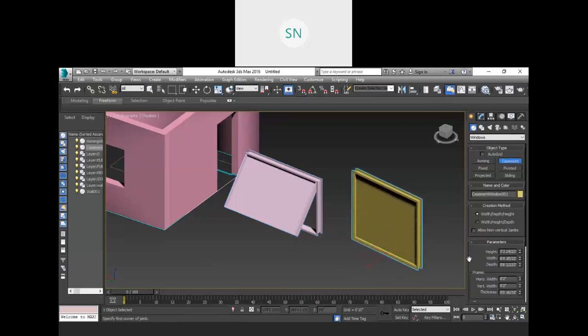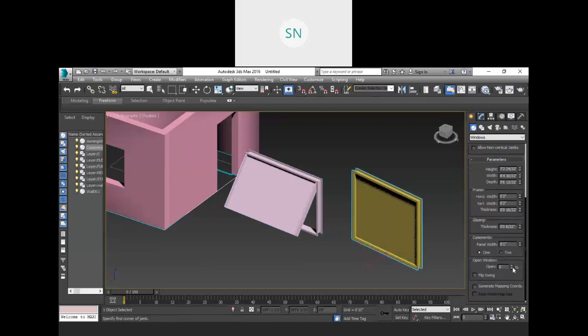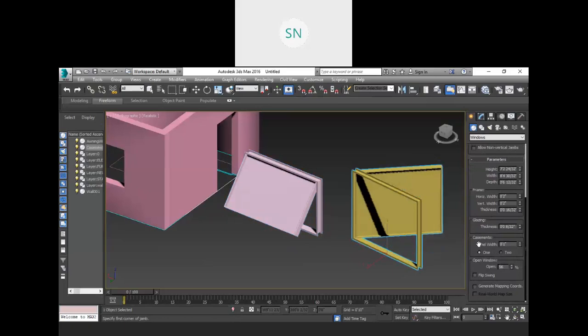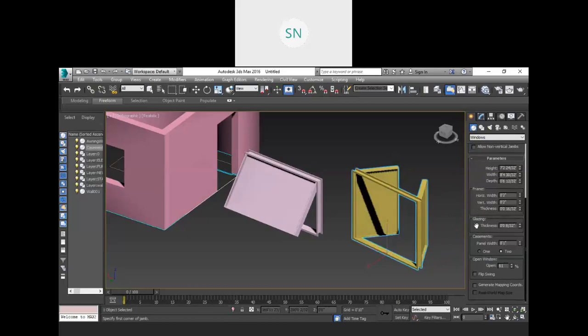So this is our casement window, that means our regular one. In the casement we have one panel and two panels. If you choose two panels, it is a two-panel window. Now panel width and also the flip swing option we have,